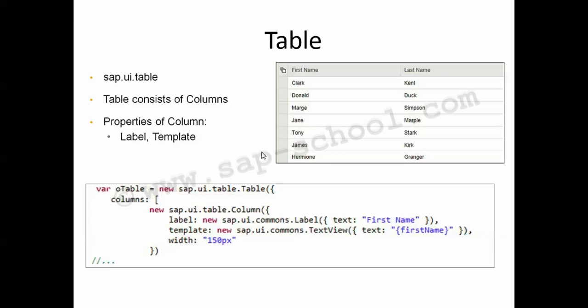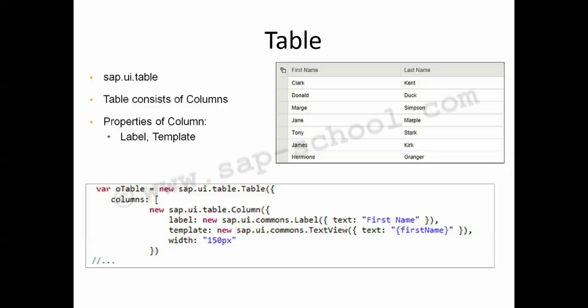After that, we have the table. This is the most important control which is there as part of the UI libraries. The table control provides a set of sophisticated and comfortable functions for table design. For each column, a template control must be defined which describes how the data is visualized. The table control also provides the possibility for sorting and filtering based on the capabilities of the model, drag and drop support for the columns, and resizing of the table column widths.